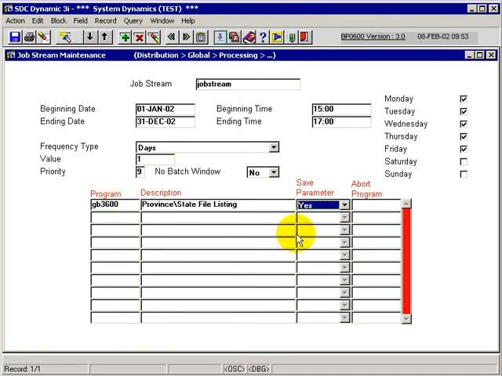So I would put GB36 and save parameter. This save parameter determines whether it will save the parameter after you have initially submitted this to batch. If you say no, then it will save the parameter. And in here, what would it do if the program aborts? Say there's an error on the program, and if you say something like